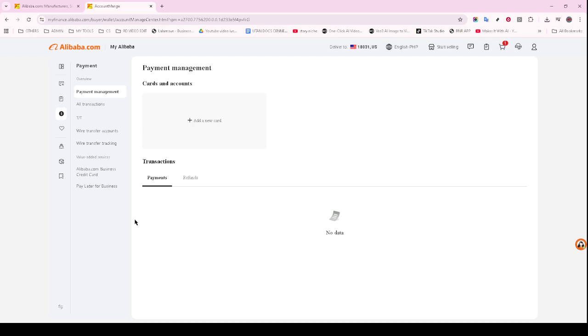It's important to confirm any changes made to your payment methods, whether you're adding a new card or removing one. This step finalizes your actions and updates your account settings to reflect your current preferences and payment options. By following these steps, you'll have full control over how you pay for your purchases on Alibaba. Whether updating your card information or tidying up the payment methods you no longer use, managing these settings is key